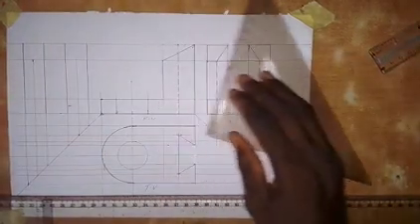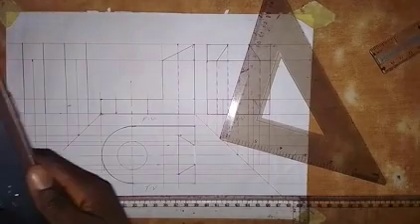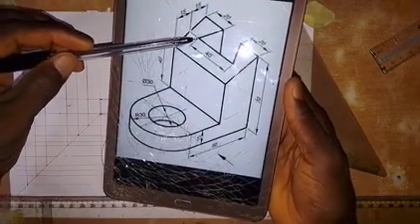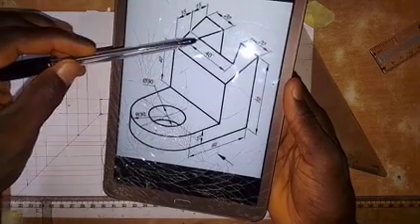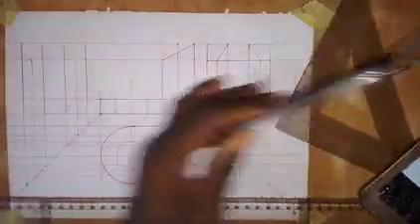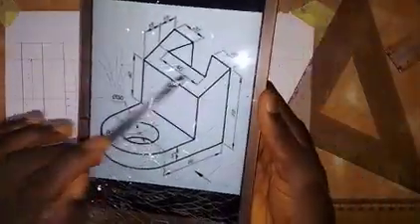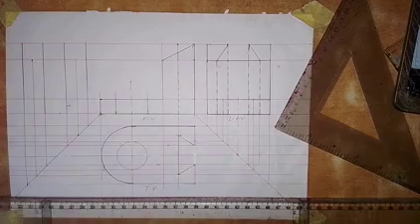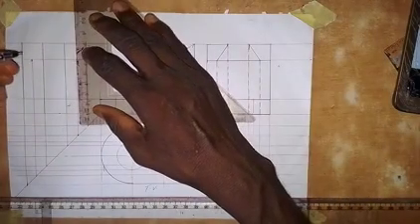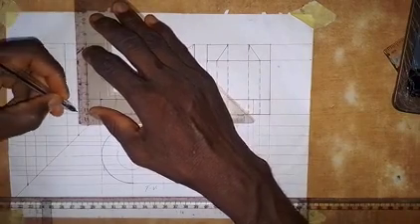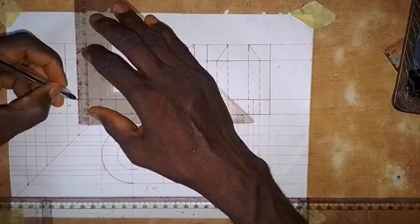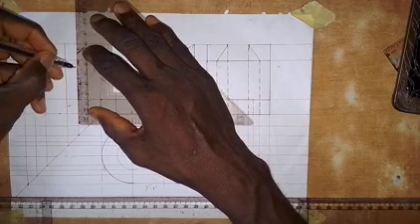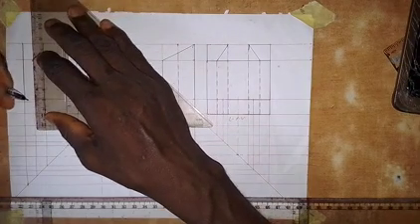Let me bring what we have here. As I said, the line at this point will be hidden from us, and also the line at this point will be hidden from us. The line at this point is what we have here, and also for this point is what we have here. So it's going to be hidden from us. So we draw a short dashed line at this point up. And here also we draw